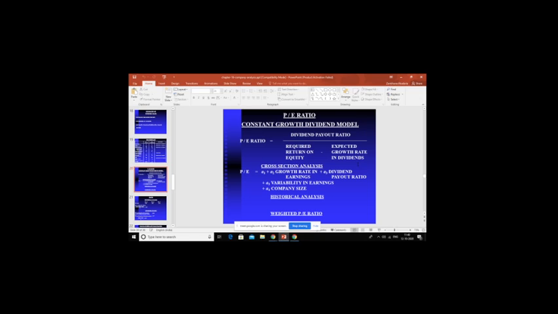Next is constant growth dividend model. So constant growth in the sense you can assume one percentage, and you can assume that year on year that much percentage of growth you can have. Okay,